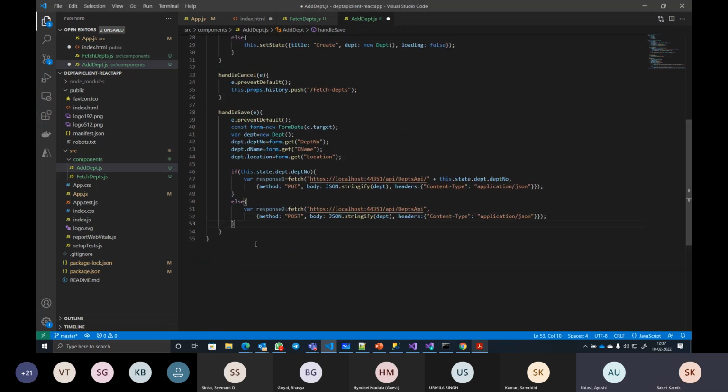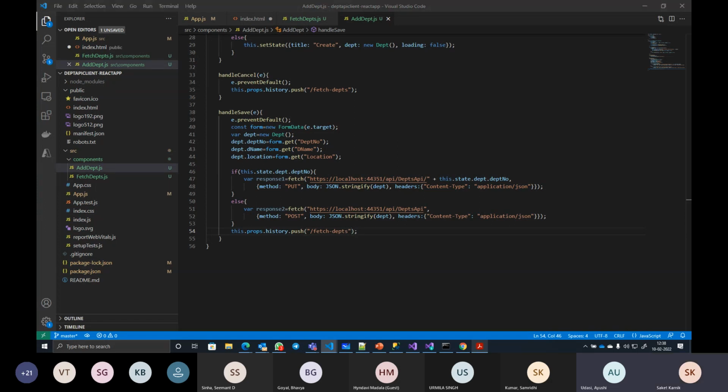And then in either case, I need to say this dot props dot history dot push. Here I want to go to the fetch departments component. So the route for that I put here slash fetch. Complete it.